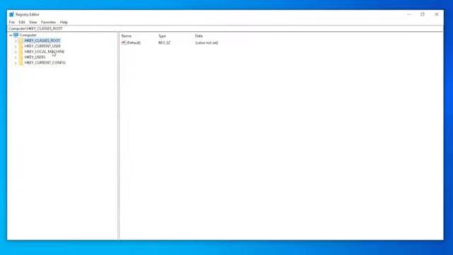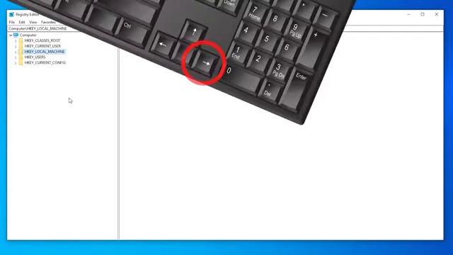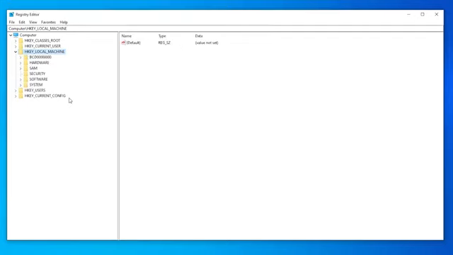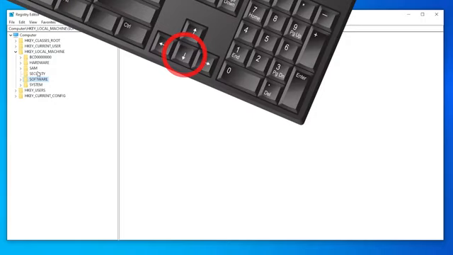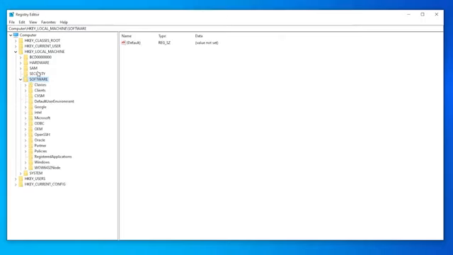And we are going to go to HKEY_LOCAL_MACHINE. And then I'm going to use the keyboard for that. I'm going to use the right arrow key to expand it. I could also just click there, but you know, I like keyboards. Then we're going to go to software. I'm just going to go down, down, down, right arrow, and then we are going to go to WOW,